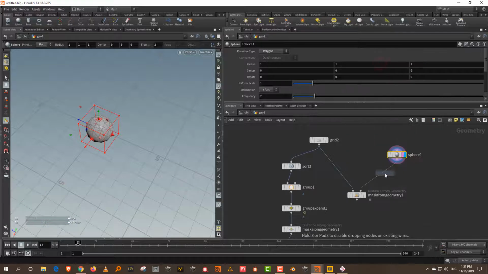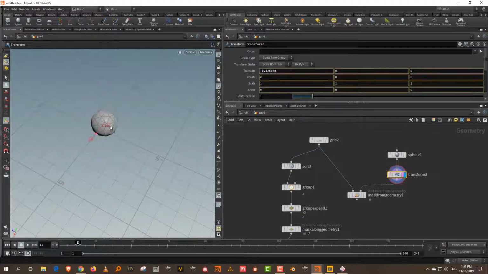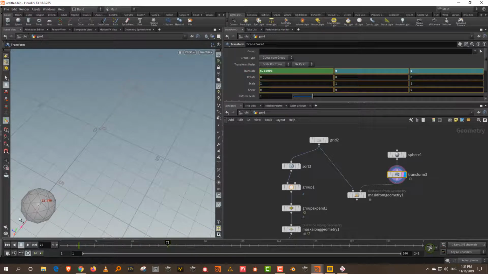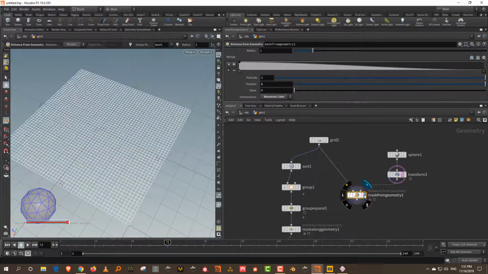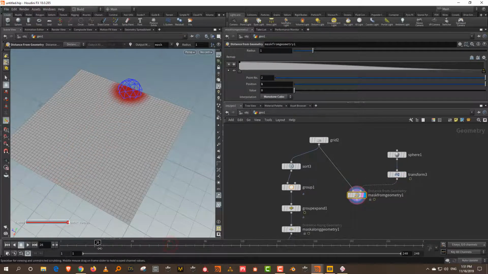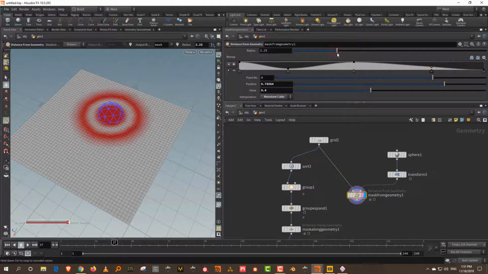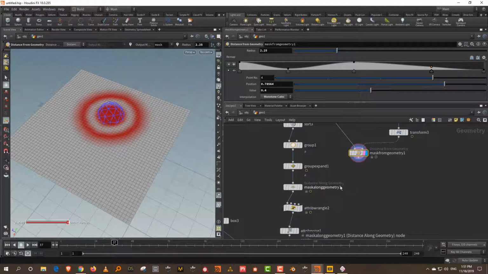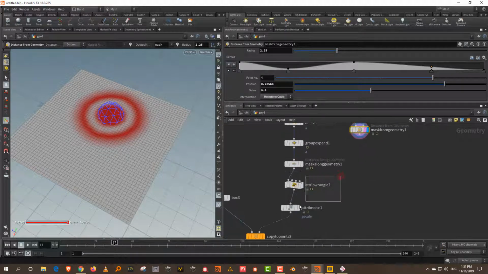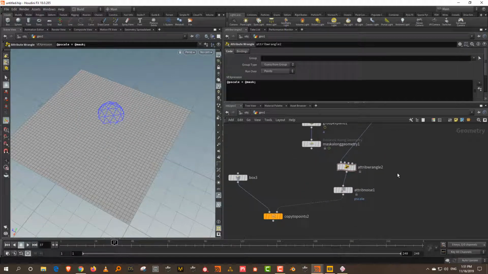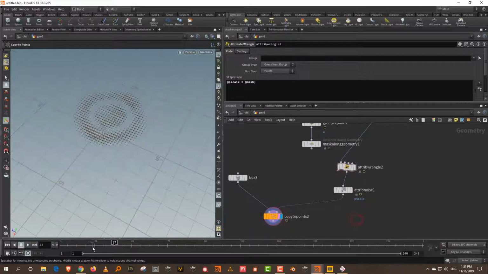So I'll take a transform and I can move it here and we'll do alt click and come a little further and just move it to the other side. Okay. And what that should do is you'll get a mask moving like this. And then again, let's modify it a bit like that and just increase the radius. And I can just plug this in here because this is generating the mask and that is also generating a mask. If I come down here, you'll see this.